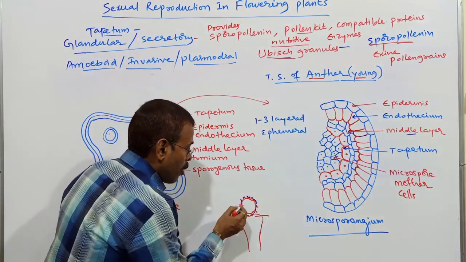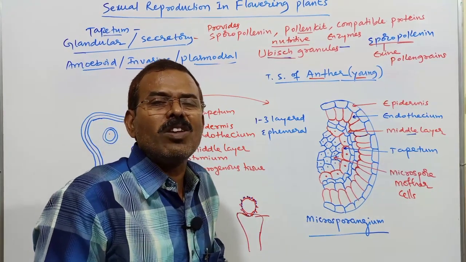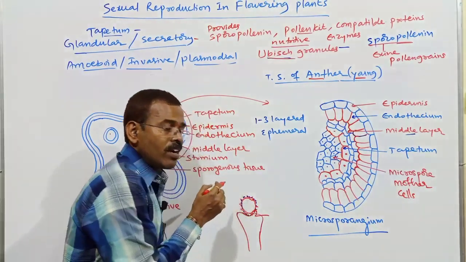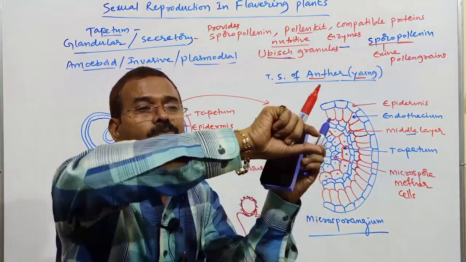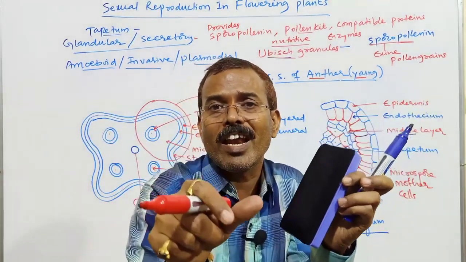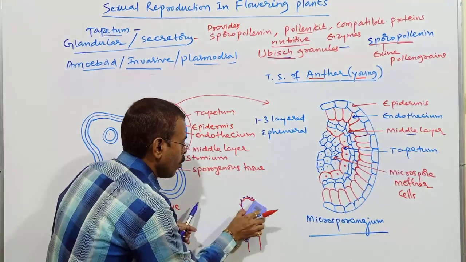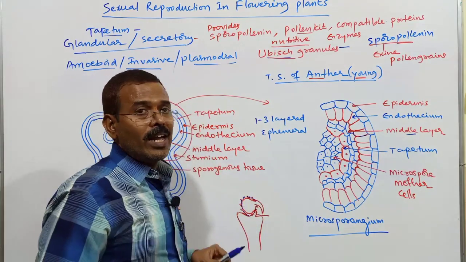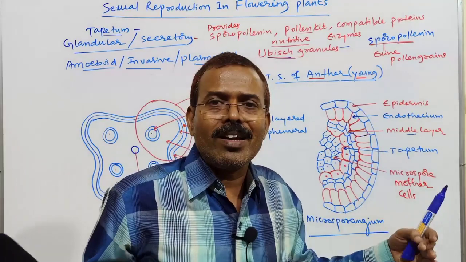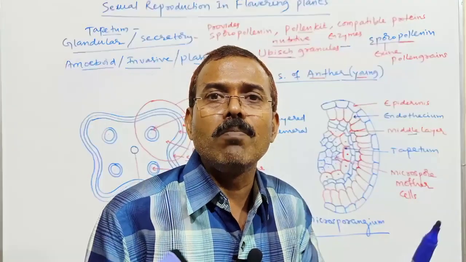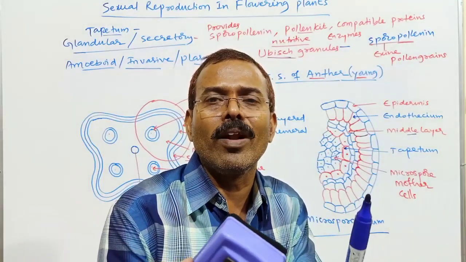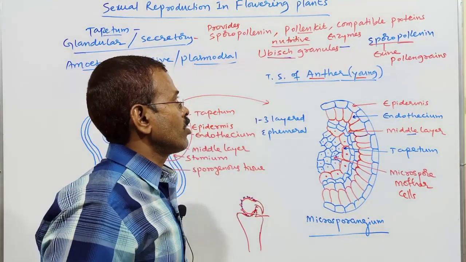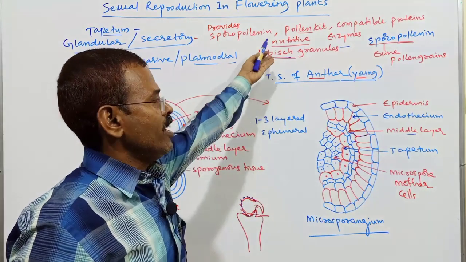If it is compatible, meaning a related species pollen grain, only then will the stigma provide certain chemical fluid that helps in the germination of the pollen grain to form the pollen tube. That is due to the chemical dialogue, the chemical reaction between the compatible proteins present on the exine layer of the pollen grain and the stigmatic surface. So that is the role of this compatible protein, and basically it is nutritive in function.